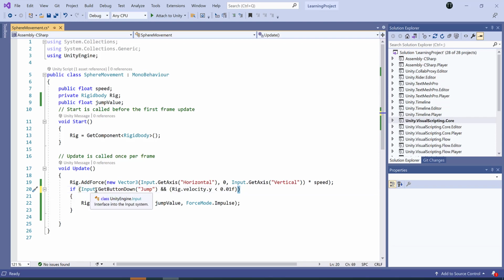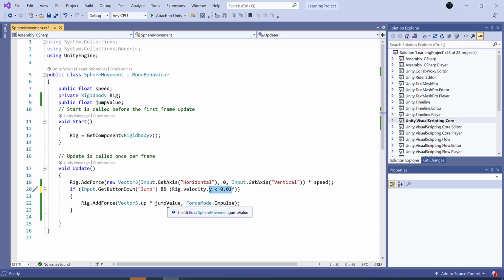So there are two conditions: when we press the spacebar key, plus when we are close to the plane surface, or the y-axis is 0.01. So when we are very close to the plane, at that time it should jump. Otherwise, if I keep pressing the spacebar key, it should jump only once.